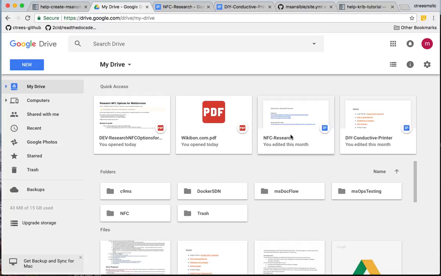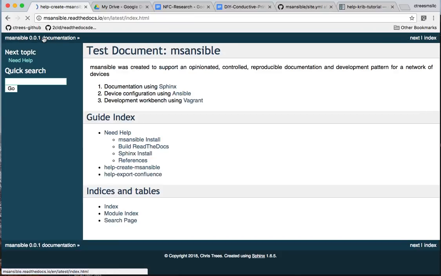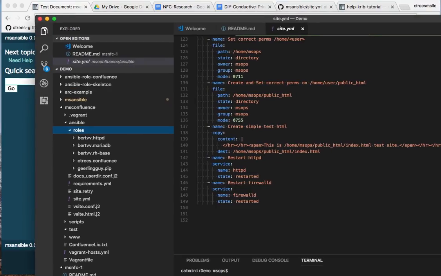And when I did NFC1, I created the Confluence doc within that, which links are in NFC1. But I was saying, well, heck, my method kind of uses this method pulled from the Kubernetes and Docker community using Read the Docs. The Pixie Boot guys that I've been working with also use this. And what I was doing was I kind of created a documentation format that I like, which if you look,